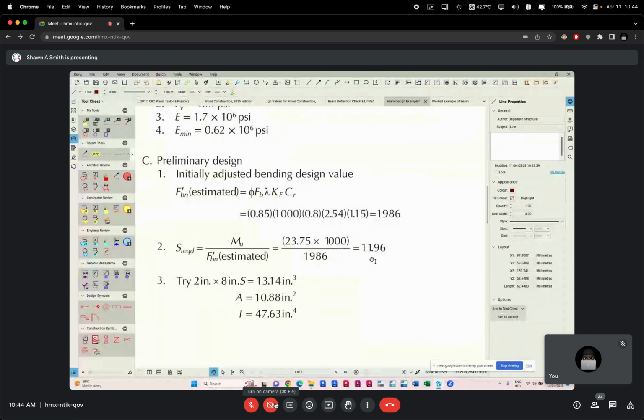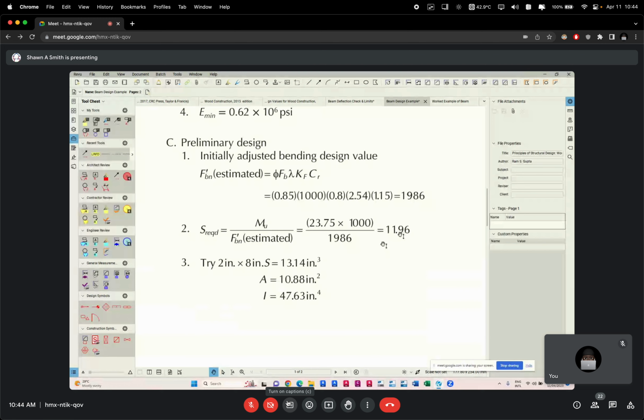What unit is this, class? 11.96 what? This is inch cubed because that's S. It's BD cubed over 12 divided by C, so BD squared over 6. All right,